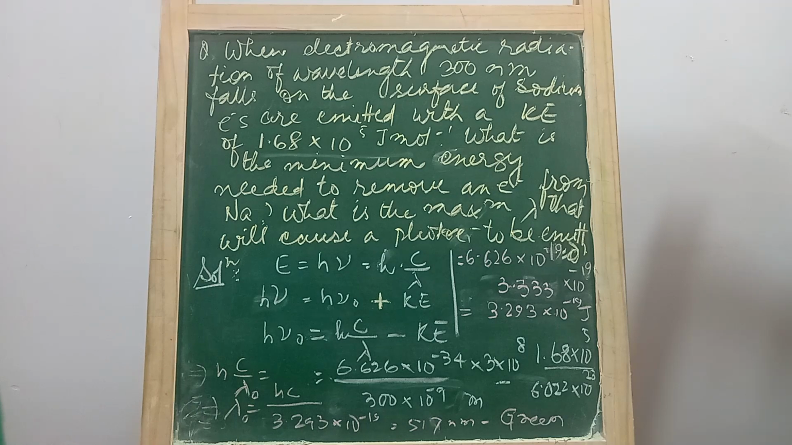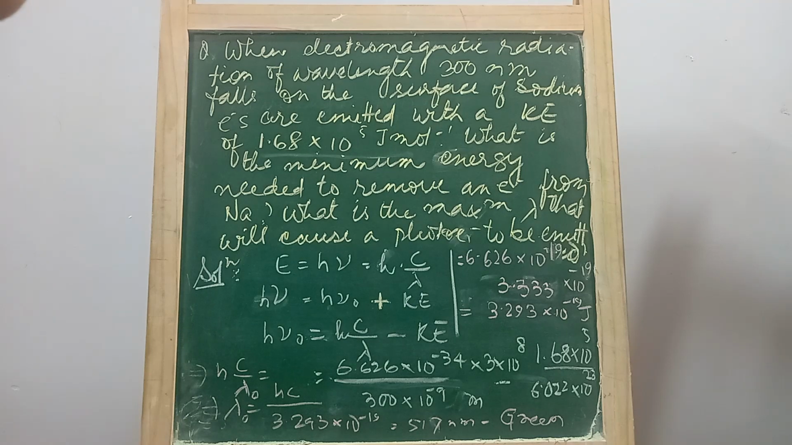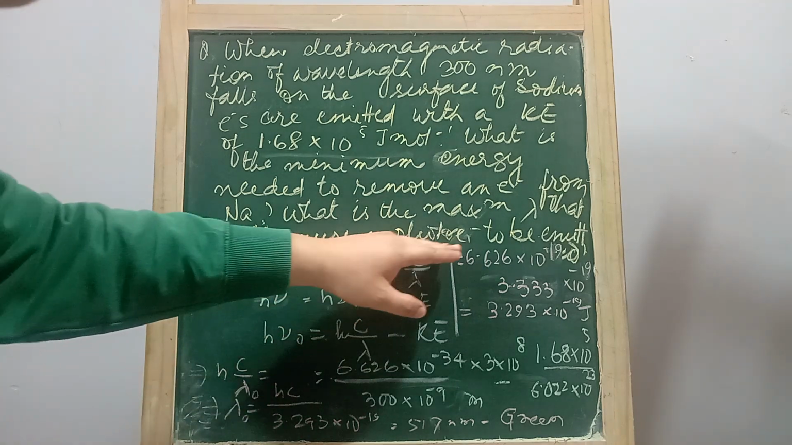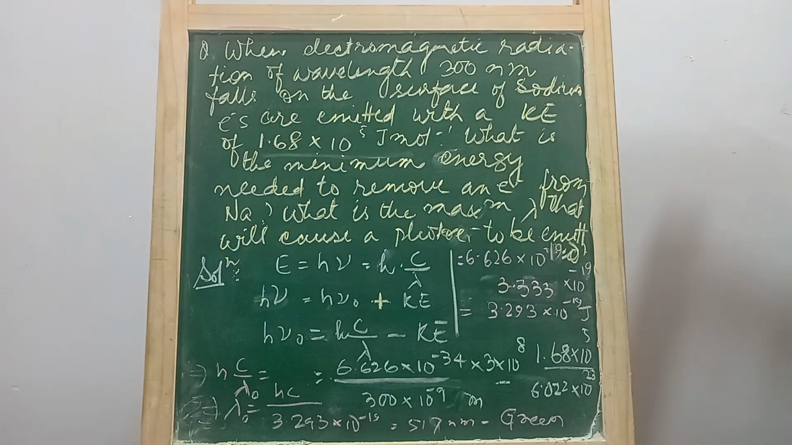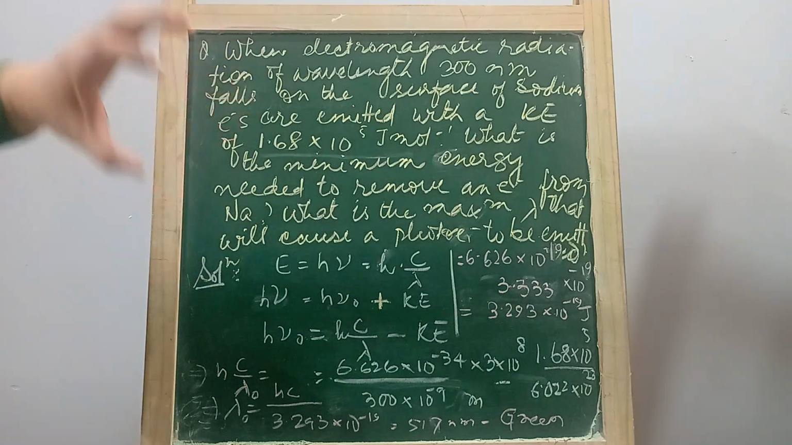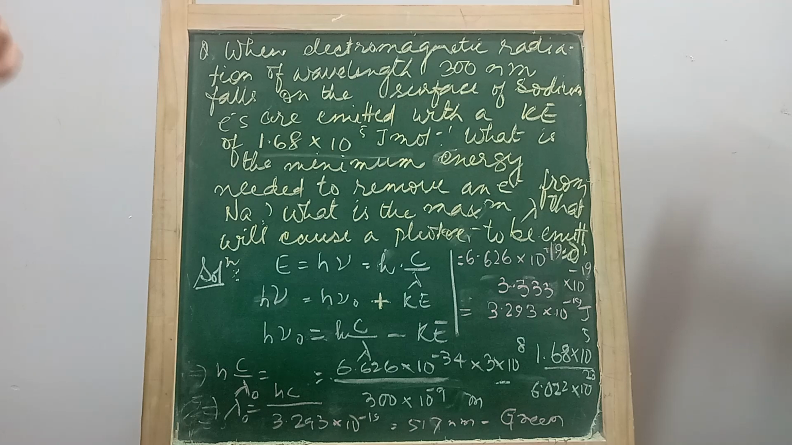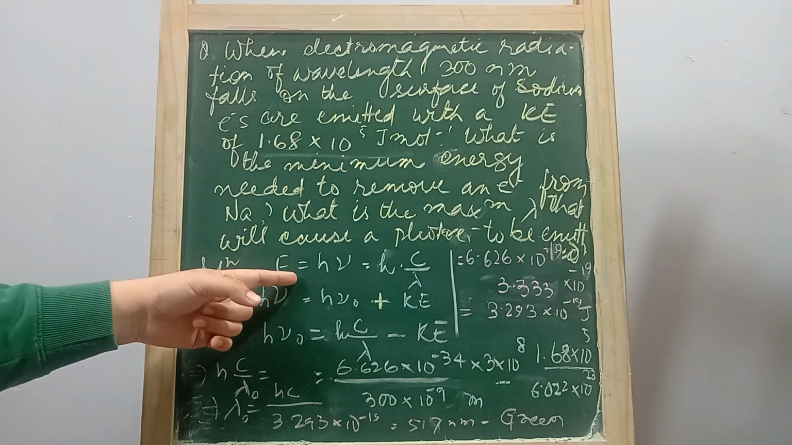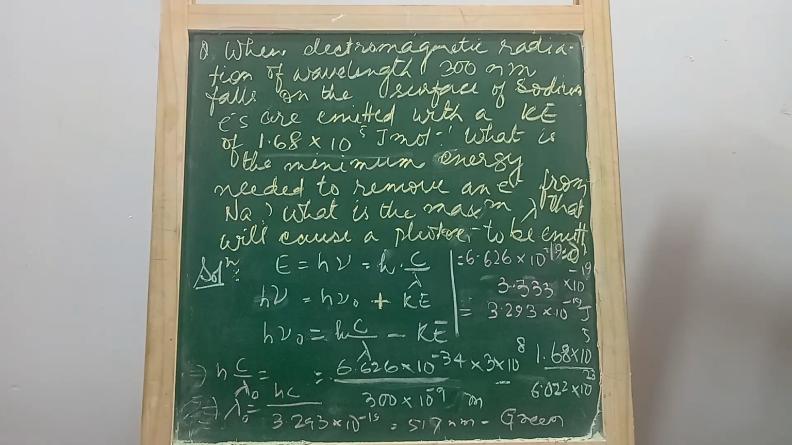And what is the maximum wavelength that will cause a photoelectron to be emitted? And what will be the corresponding maximum wavelength? So according to Einstein's equation, we know that in electromagnetic radiations, the energy is emitted or absorbed in the form of photons, and the energy of each photon is proportional to its frequency. In fact, the energy of one photon is equal to Planck's constant into frequency,